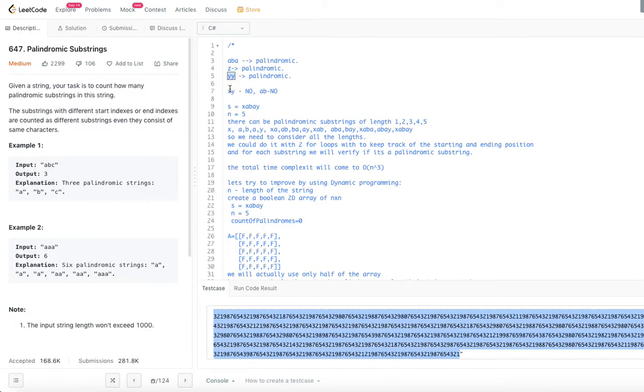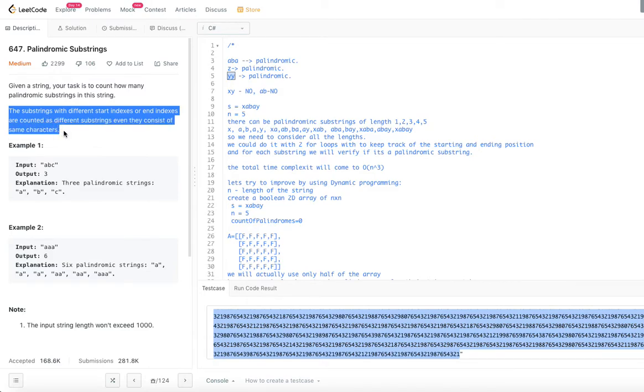That means there is one palindrome of length 2. So there are 3 palindromes totally: 2 of length 1 and 1 of length 2. So basically, as long as they have different start or end indexes, we have to count them as different substrings, even if they are the same characters.